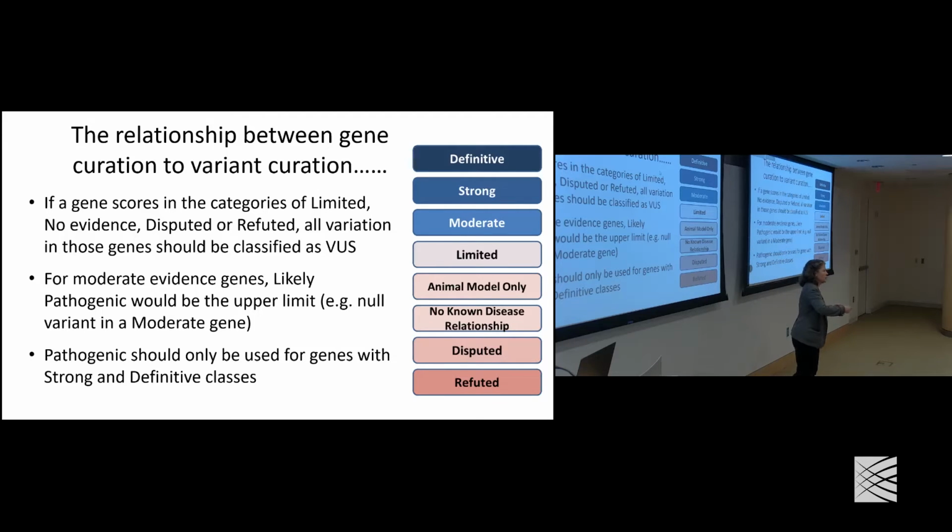What we kind of do is, if there's a gene with moderate level evidence for the gene disease validity relationship, we will cap it at likely pathogenic. And so you might find a clear loss of function variant, but its lack of full confidence is actually related to the gene disease relationship not being fully there, even though the disruption of function is maybe clear. So that's sort of how we correlate the gene disease validity and the pathogenicity. And then the term pathogenic can be used in genes that are strong and definitive.